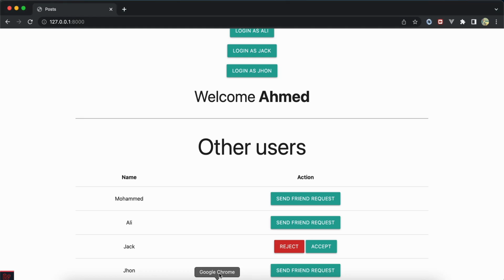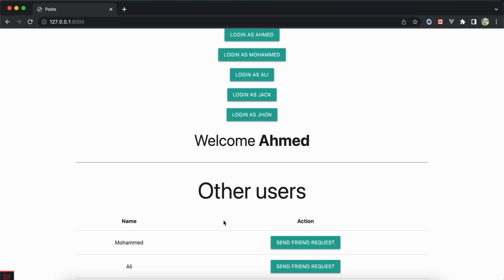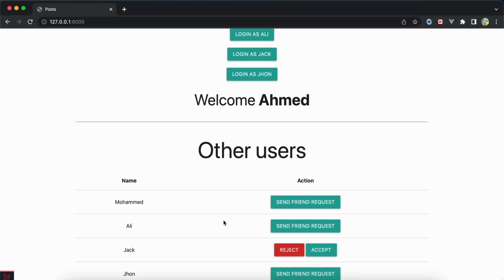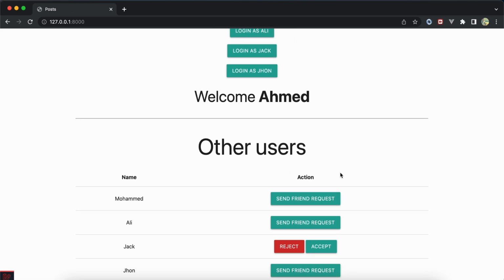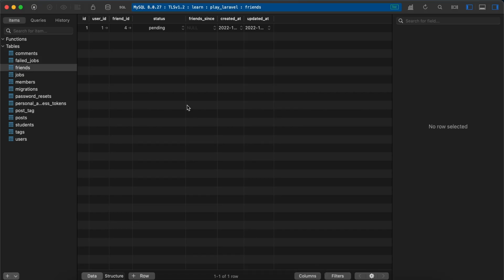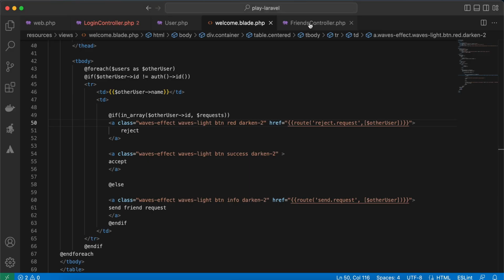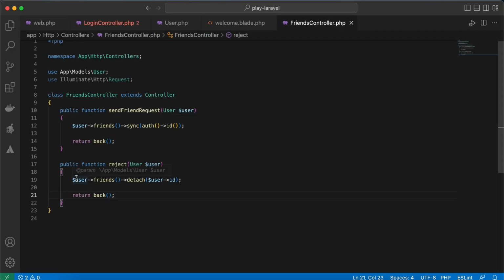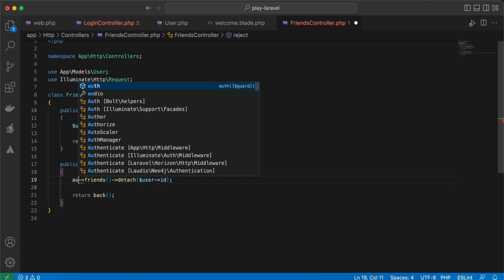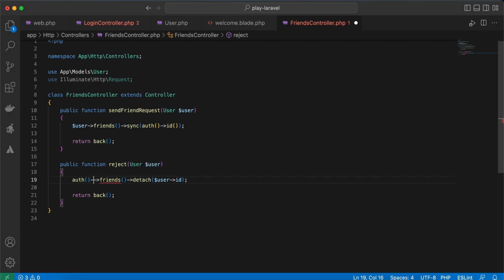Now let's test. If I click reject, and now also if I refresh, it's deleted. Back to our table, refresh, still existing. If I go back here to our controller, it must be current authenticated user, not user. So current authenticated user here,